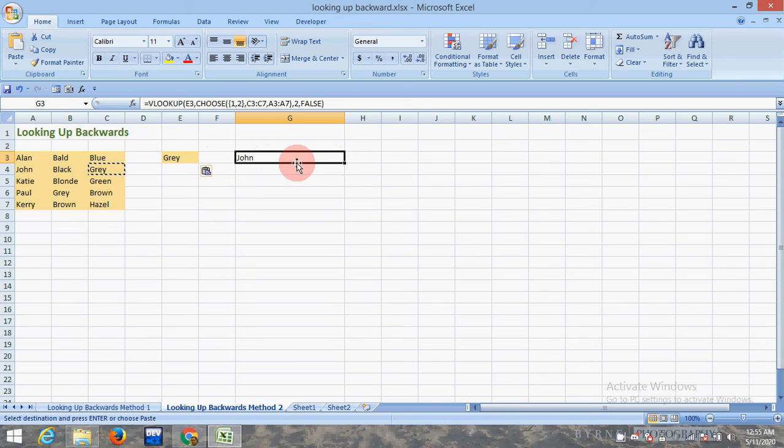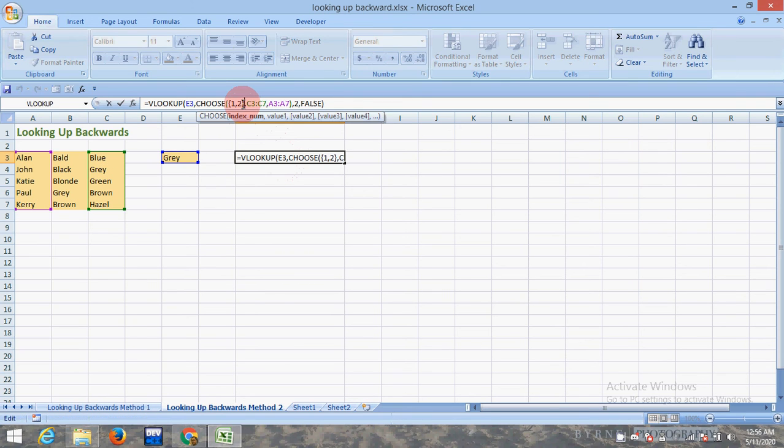So this is the basic idea of how we incorporate the CHOOSE function into VLOOKUP so that we can look backwards. Play around with both of them and find out which one works best for you. We can also introduce column 3 here.